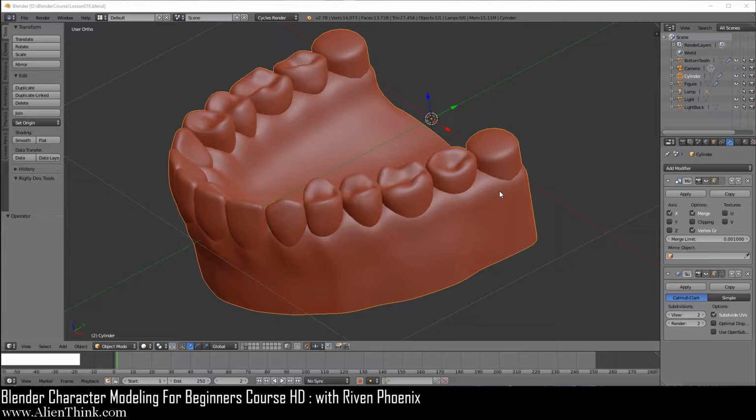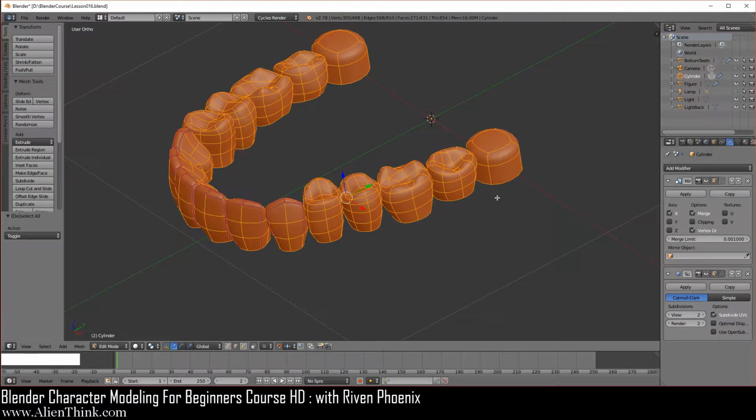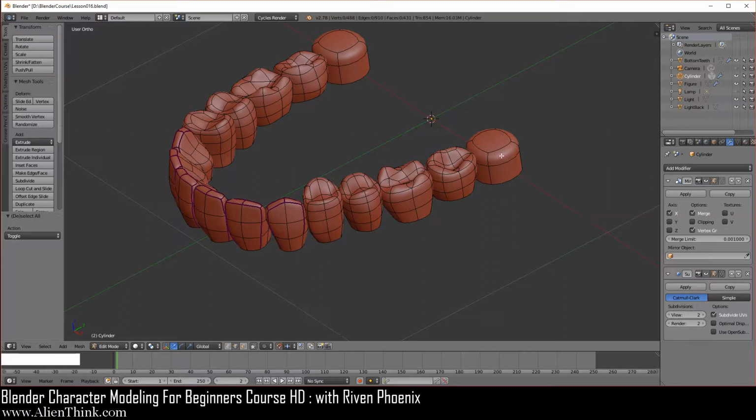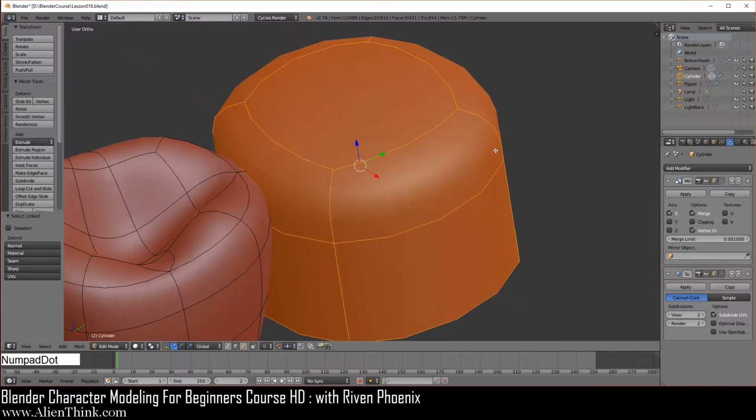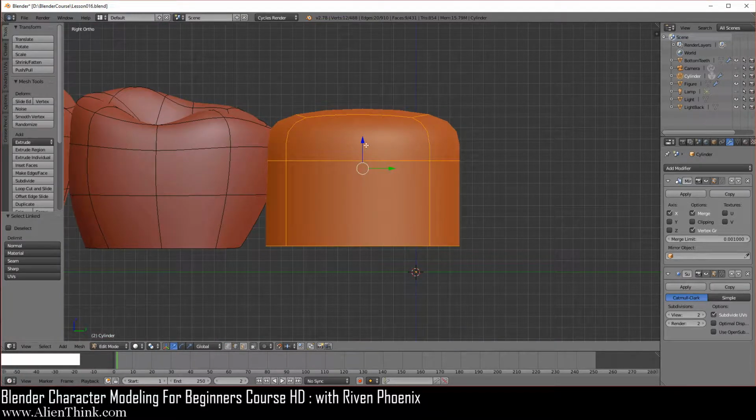So press the Tab key to go back into edit mode. Make sure you do A to select everything and then A to deselect everything. Hover your mouse over this tooth, press the L key, then press the period key to home in on it. We can scroll out a little bit over here. Now press the 3 key to go into your right view. So what we have to do is